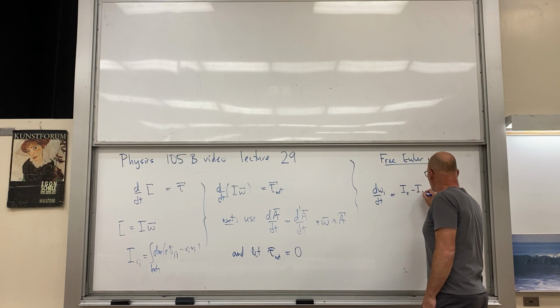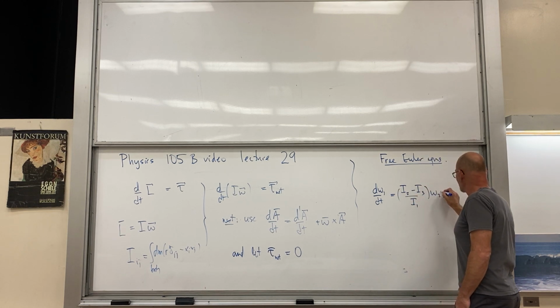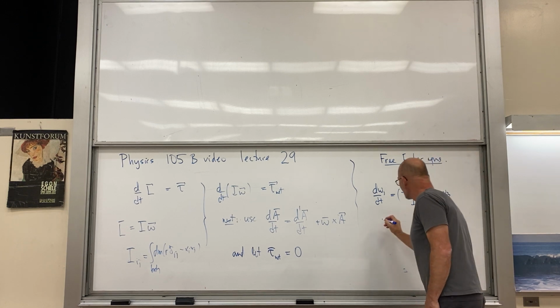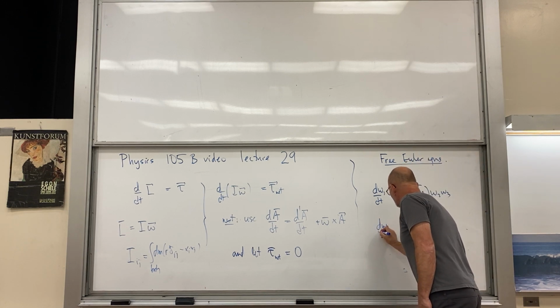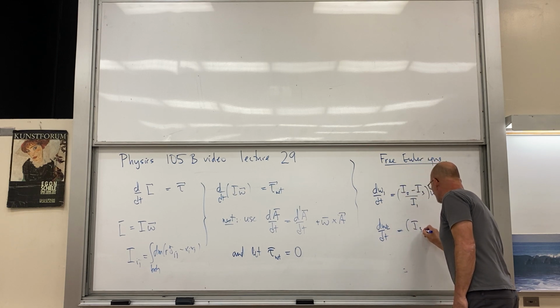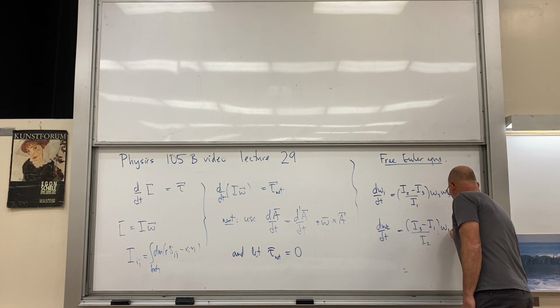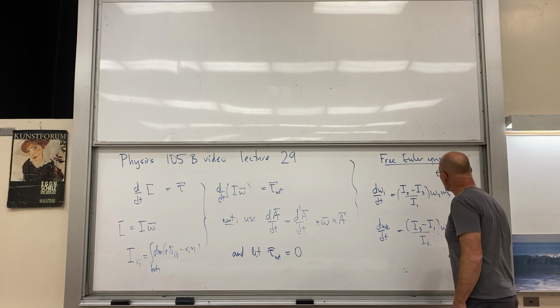I2 minus I3 over I1, omega 2, omega 3, and cyclic. d omega 2 dt is equal to I3 minus I1 over I2 omega 3 omega 1, and the third one,